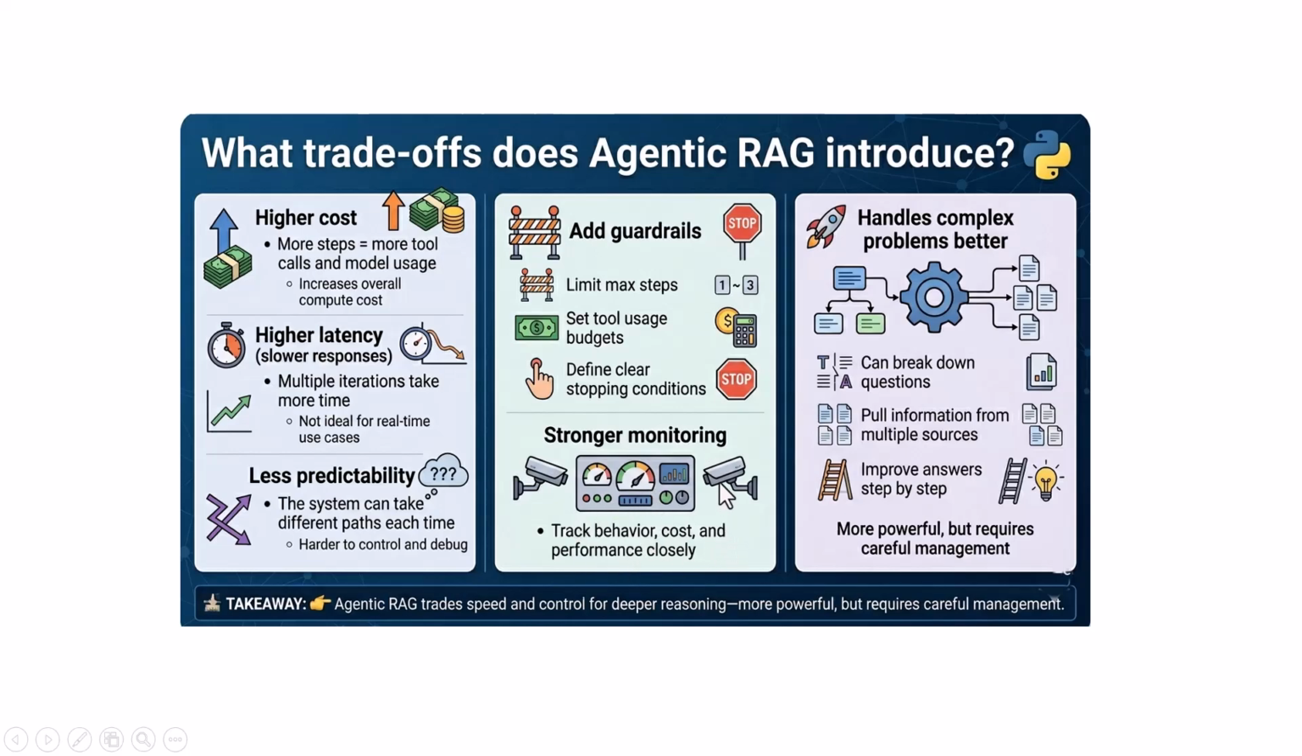Okay, so what do we gain with this? We can handle complex problems better. That is, you can break down questions, pull information from multiple sources, and also improve answers step by step. Okay, so the takeaway is Agentic RAG trades speed and control for deeper reasoning. So Agentic RAG is more powerful but requires careful management. Okay,